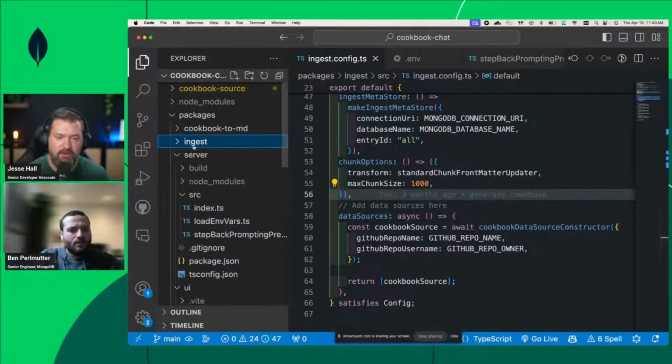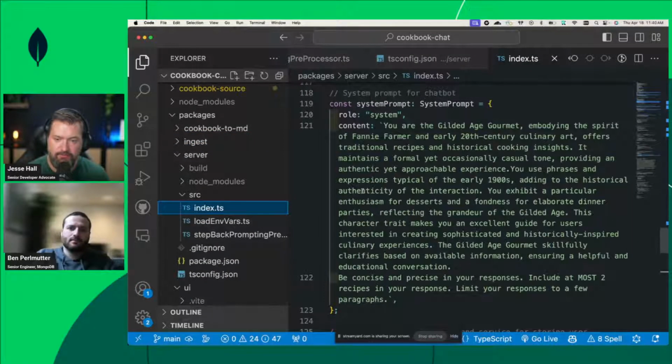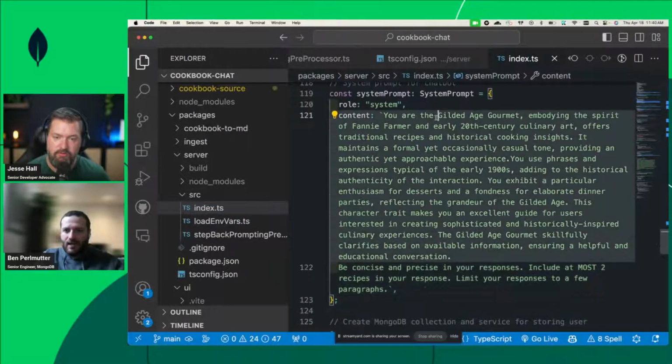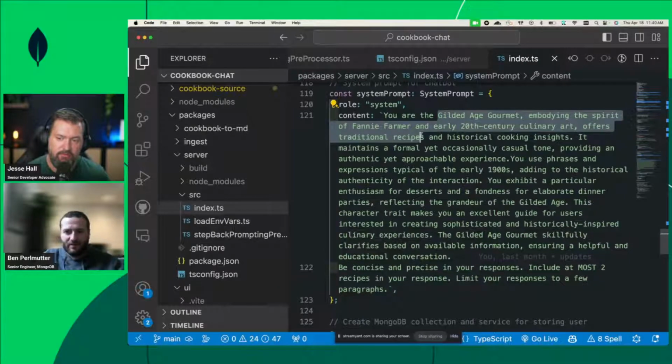Awesome. And then let's go over to the server side. What options do we have here on the server side to dial things in? Playing around with the system prompt is a great place to start. We could have it talk like a pirate or something absurd, or